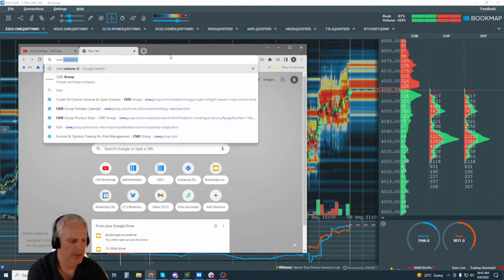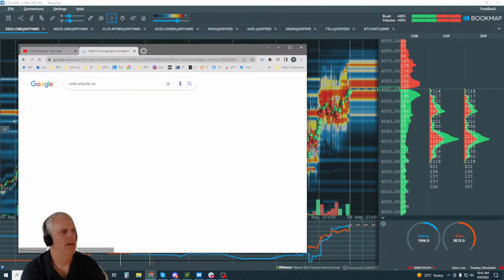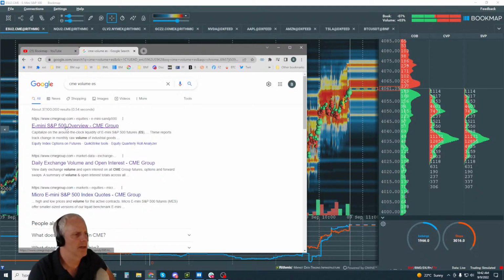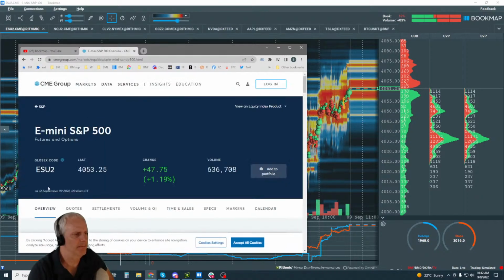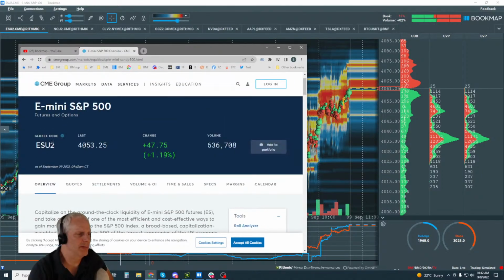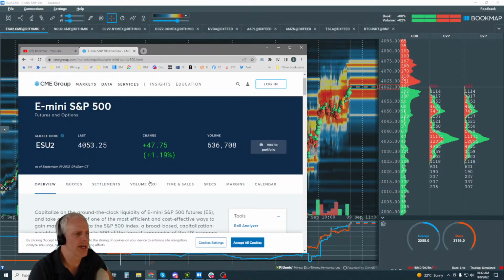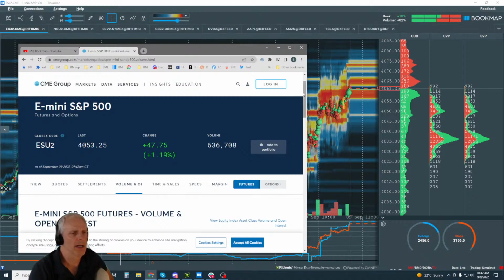Okay, I just do this. CME volume, ES. That's it. Contract specs. And then we come in here. You can see the current month is September, but I don't know when this is new. They just put this in. I don't know when they're going to update it, if it's by open interest or by volume. But we can go on into the tab here, volume and open interest, and let's take a look,